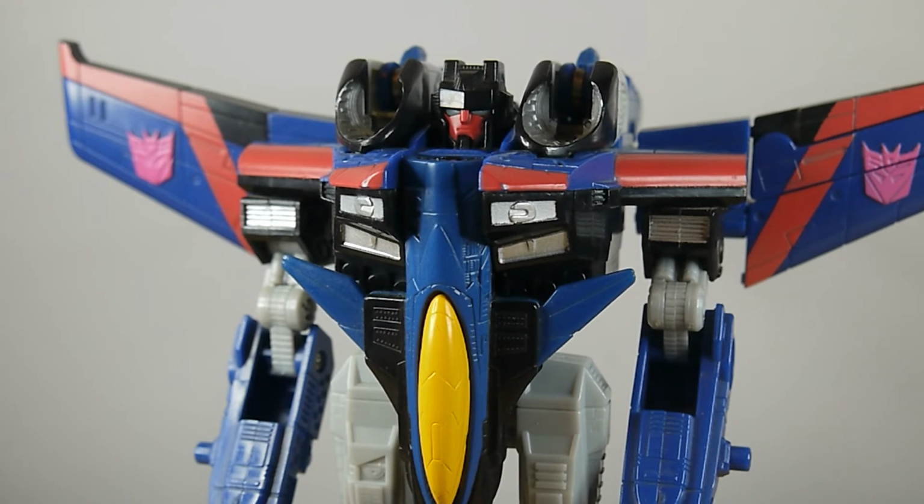I mean, don't get me wrong, this is fun. This is nice to transform. It's easy. He looks good, but he's a brick. And there's no escaping that. The engineering on him is heavily outdated. And I think of all the versions of this figure that exist, this actually might be my least favourite in